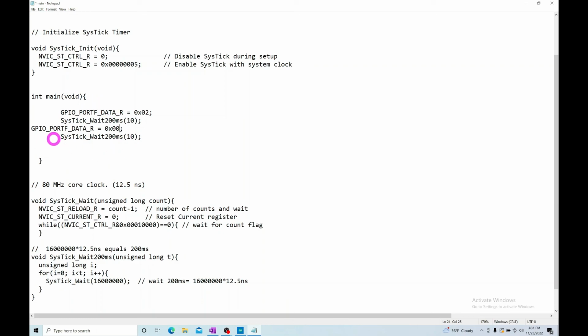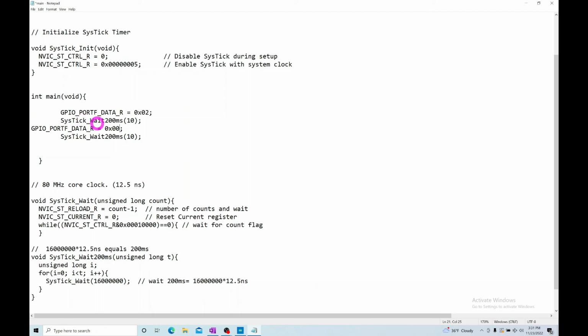If you put these inside a loop, there is no loop here, but you could put a loop. So that means you turn this on, wait for 2 seconds, then turn off, wait for another 2 seconds. So you turn the LED on for 2 seconds and turn it off for 2 seconds, which is very accurate because